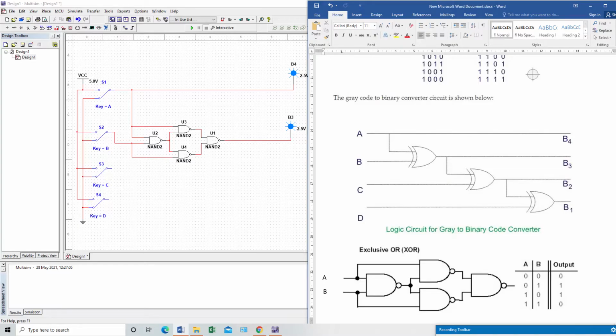Now we have to connect a second XOR gate, and the output of this first XOR gate will come in as the input of the second XOR gate. As you can see, output of this first XOR gate will go into the input of this XOR gate, and there will be a third input C, same thing.